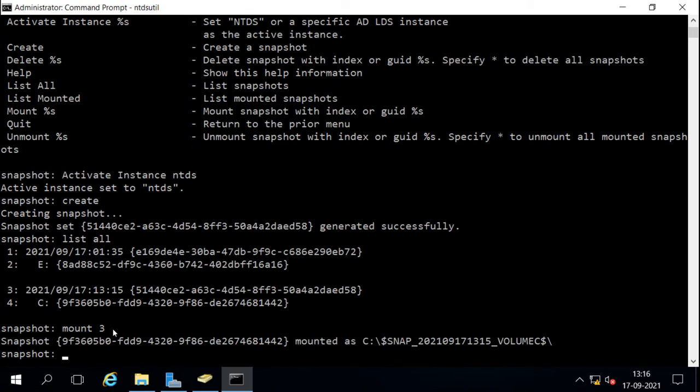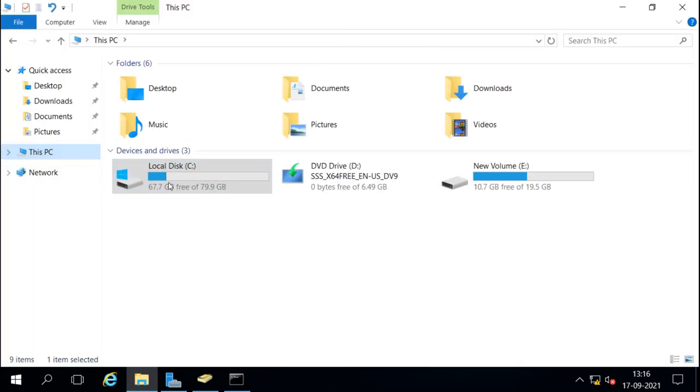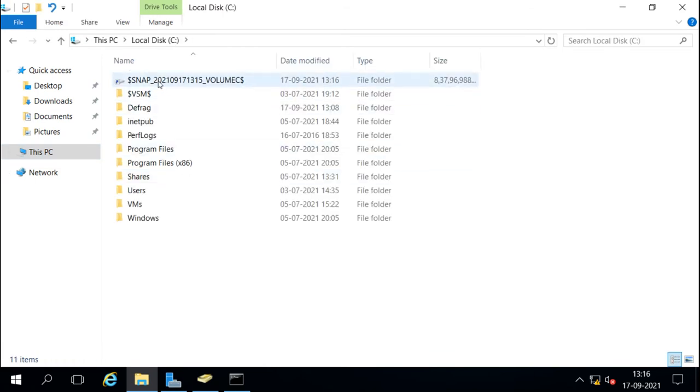Now where is it mounted? It is mounted under the C drive by this name. When you go to the C drive, you can see here this is the snapshot, and when you go into this, you can see the whole C drive.